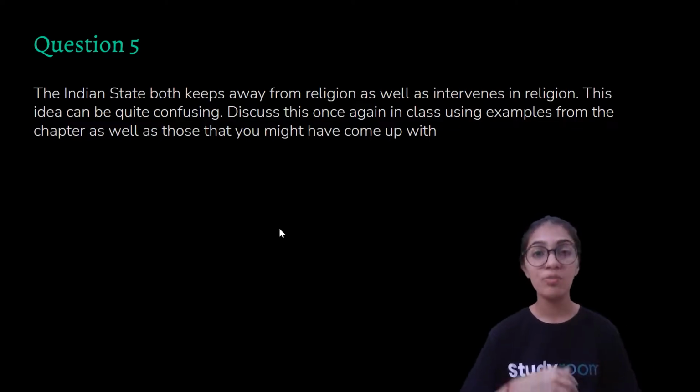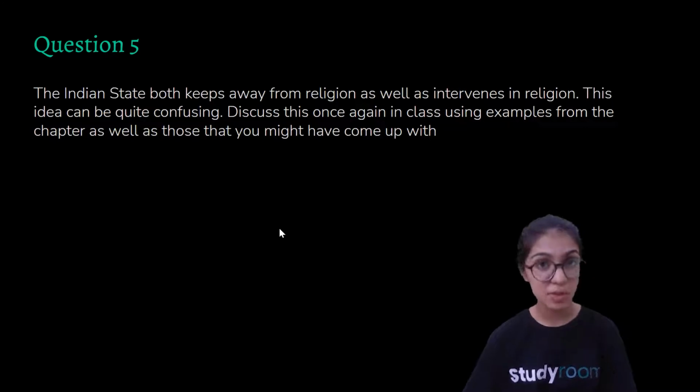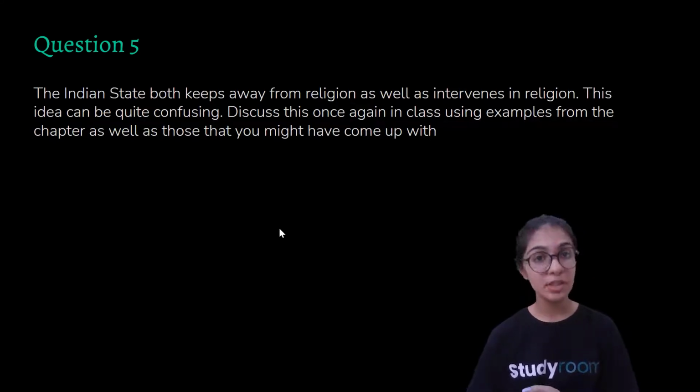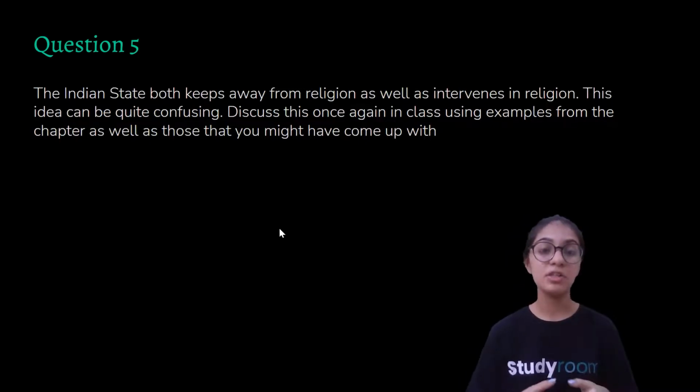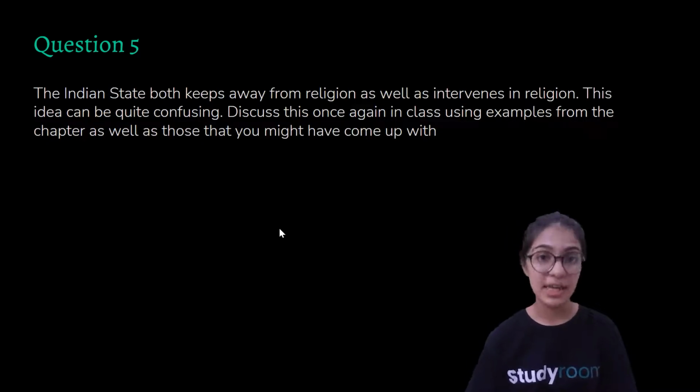untouchability, then obviously the government will intervene, because that practice will lead to a lot of discrimination and ill treatment towards the members of the same religious community, and it could also lead to discrimination between the other religious communities also. That practice was basically leading to a lot of discrimination and ill treatment in the society. So that is why the government intervened, because there was a violation of the fundamental rights. Not every religious community was getting equal rights, and not all the members of the same religious community were getting